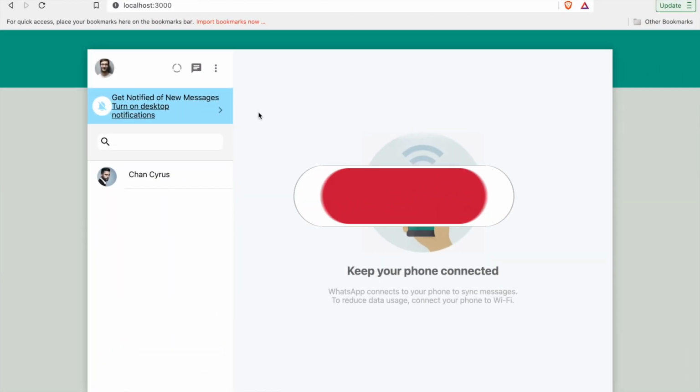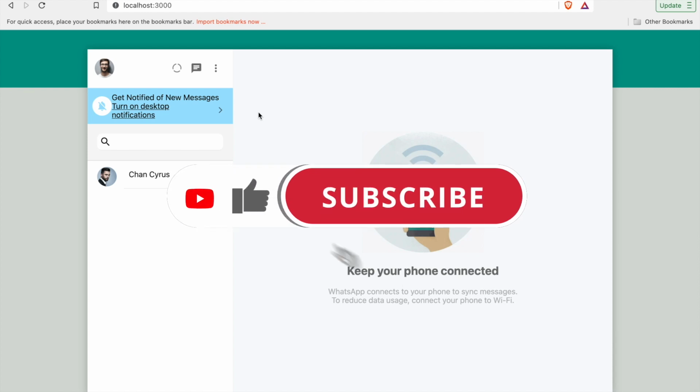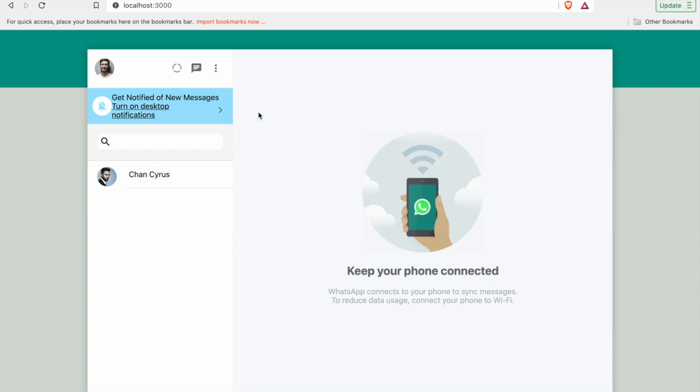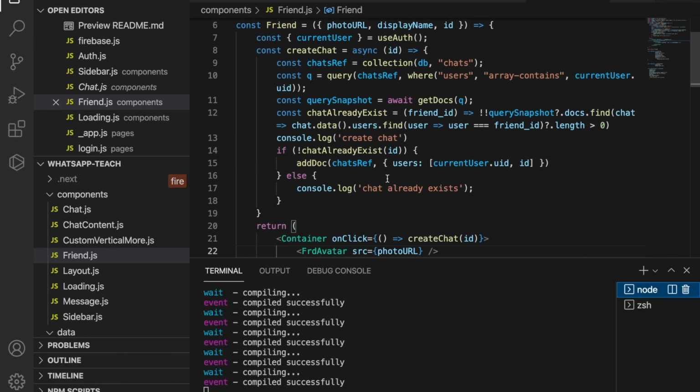In this part we start using onSnapshot to fetch the chat in real time. We do this because compared with fetching the users, chats change more often. For example, if we click on this, it will create a new chat, so it will have a new change, and if someone sends a message, it also has a change. So we are going to use onSnapshot in this part,